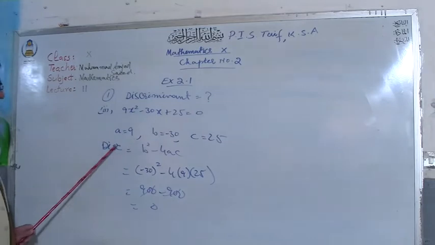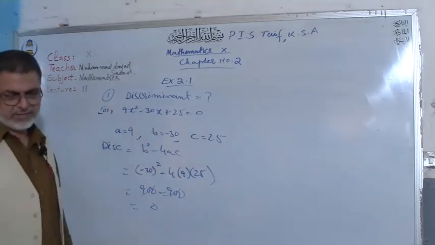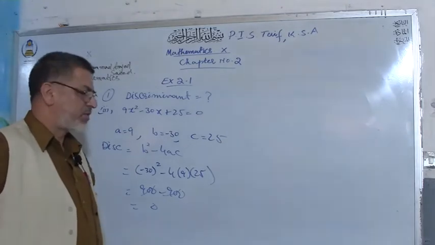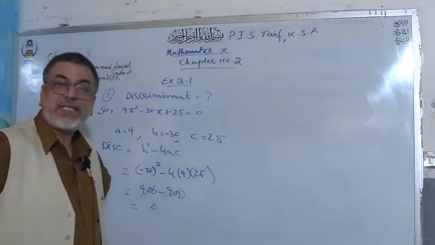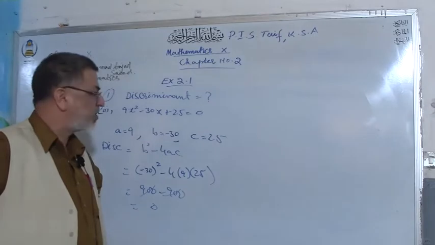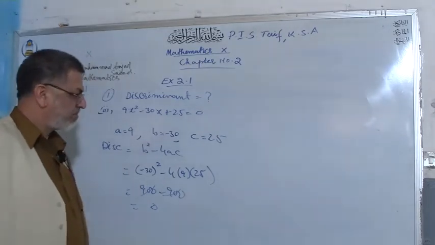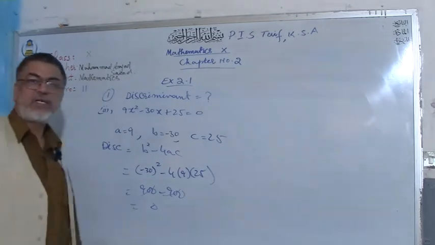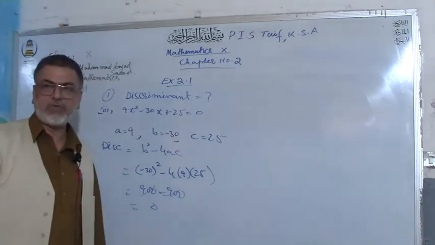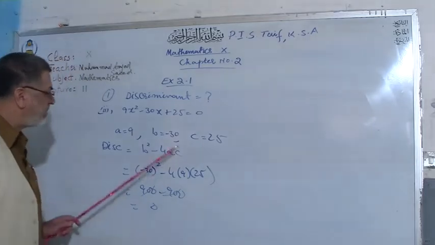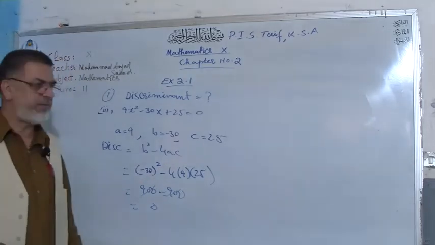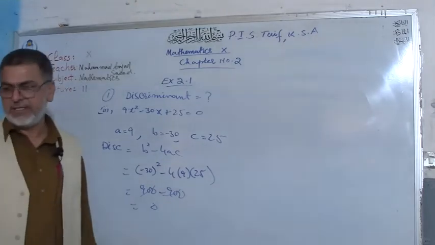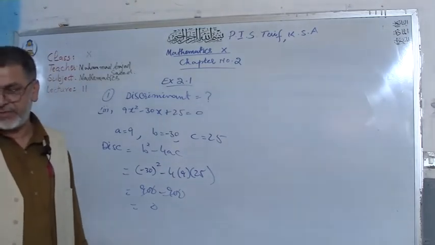From this disc, previously you got 17 in previous part. What is the nature of the roots? That was greater than 0 and not a perfect square, so roots were irrational. But in case of this disc is equal to 0, the roots are real and equal. Actually, this is coming in your question number 2, but I am giving you the idea how you are getting the answer and how would you decide about the nature of the roots.